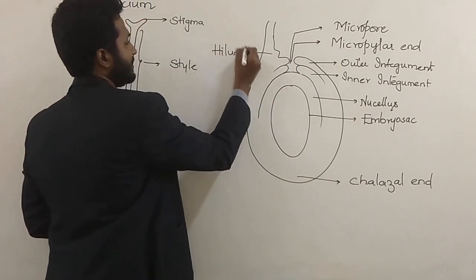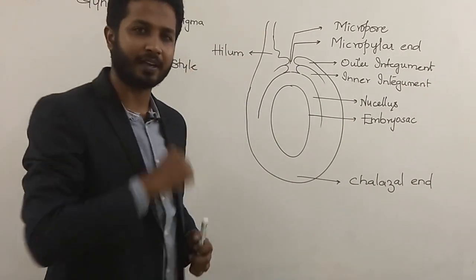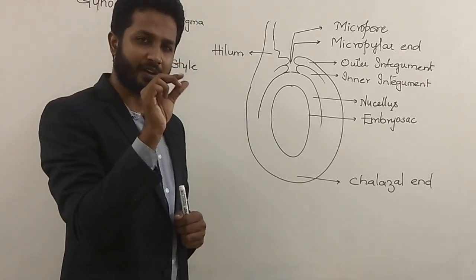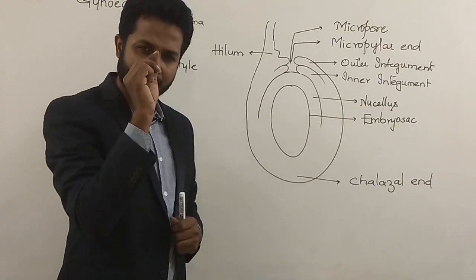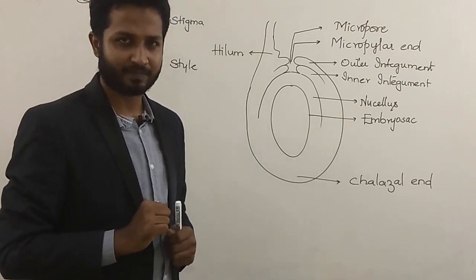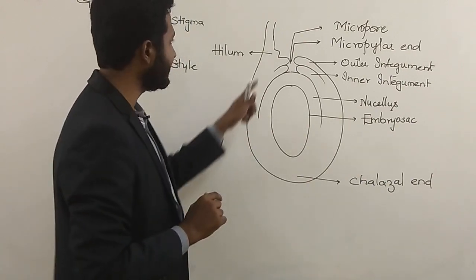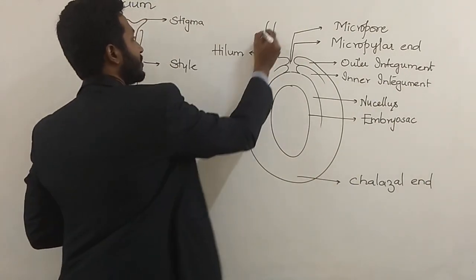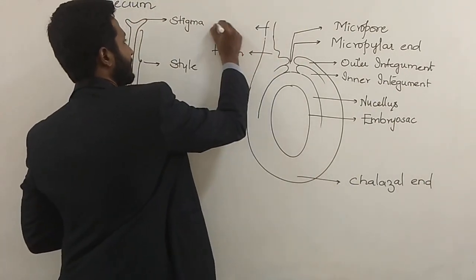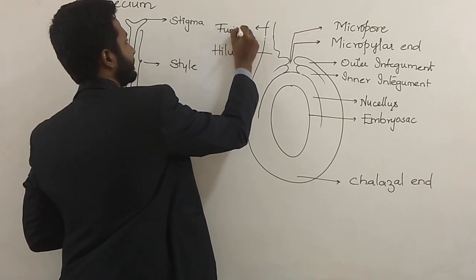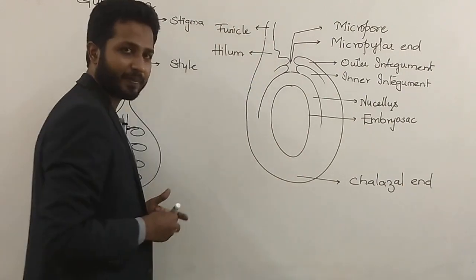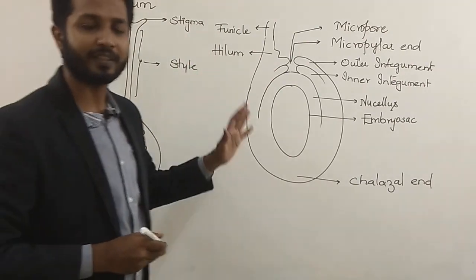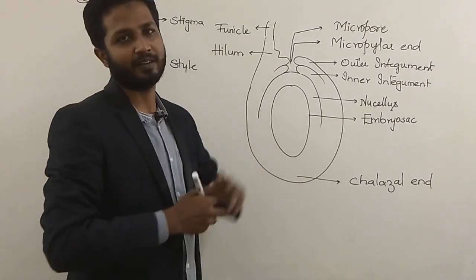Last year in morphology of flowering plants, we did talk about hilum. I told you that on a dicot seed, you will see small scar-like structure. That scar on the seed is nothing but this region known as hilum. Okay? Then stalk of ovule is known as funicle. Okay? So this is how you draw the diagram of so-called ovule.